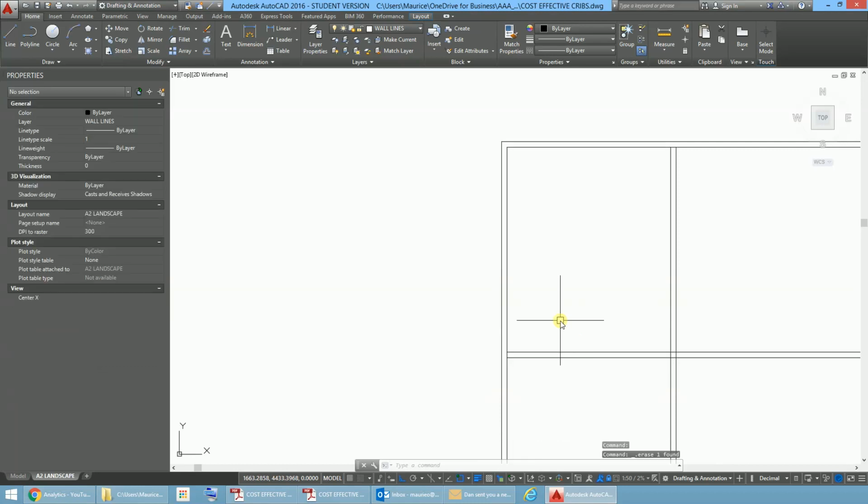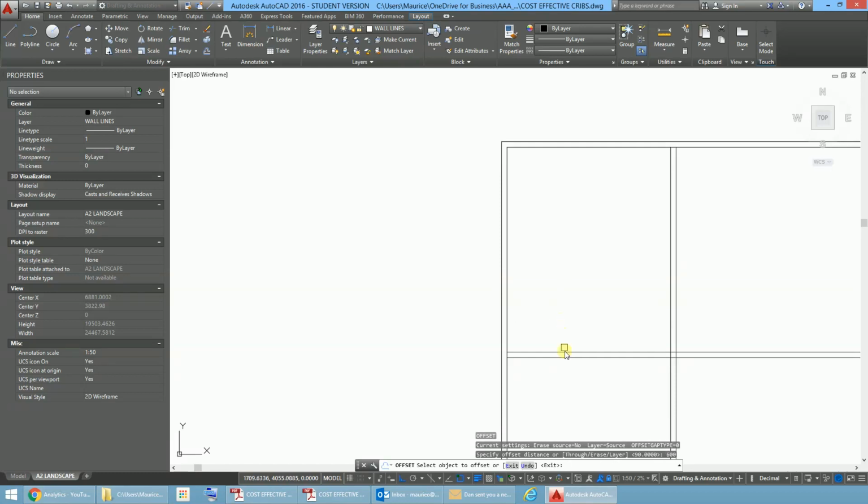So escape, offset, enter, 600, enter, and that's going to give me my wardrobe, and that was the internal one. Then offset, enter. It doesn't like that, you've got to go back, offset, enter, 90, and that'll give us the thickness of the